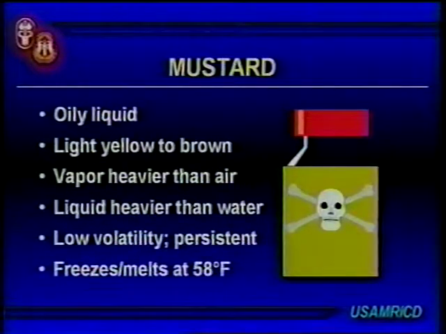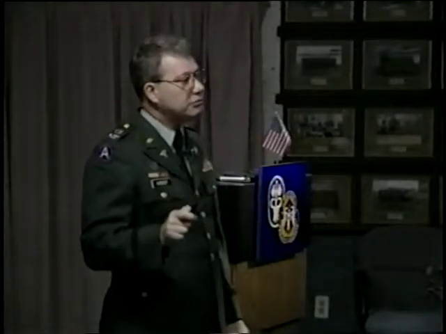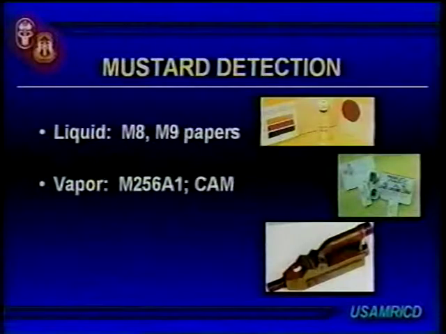Now here's a ringer. Look at the temperature. Depending on the manufacturing process, mustard freezes around 57, 58 degrees Fahrenheit. When I was in the Gulf War and the ground war kicked off, the temperatures were below that even in the daytime. So if Saddam Hussein had thrown pure mustard at us, there'd have been little ice cubes lying on the ground we could have laughed at. So this is a significant factor, but there are ways around that. There's more than one way around it, but I'm going to tell you the biggest way around it shortly.